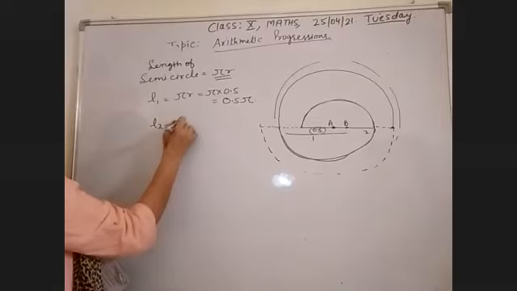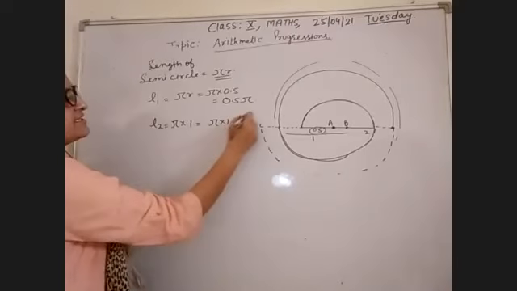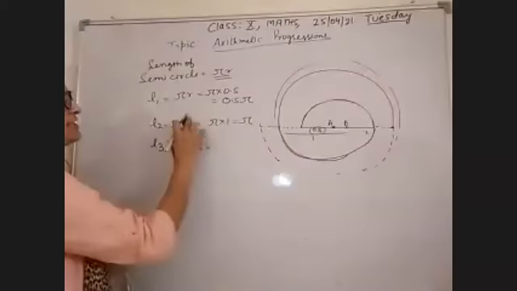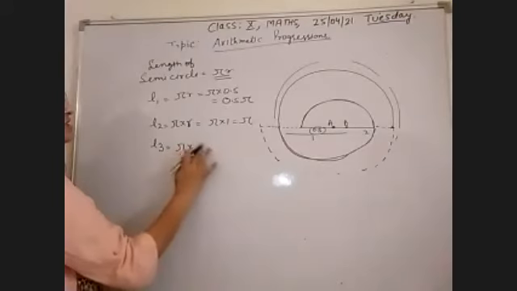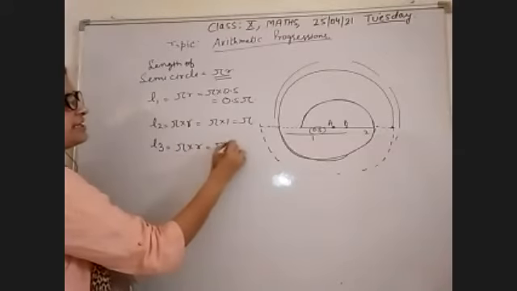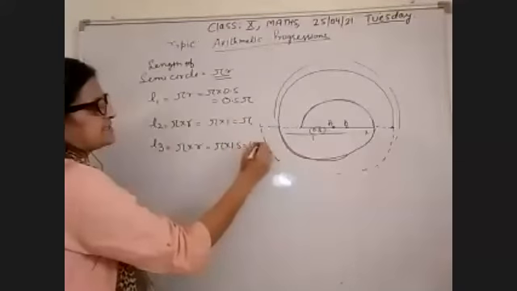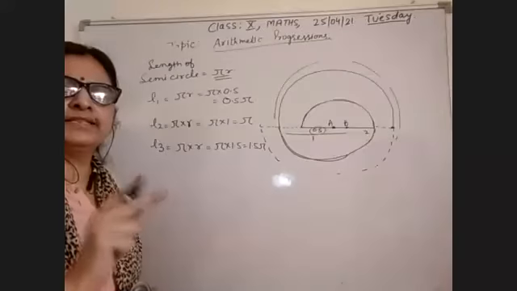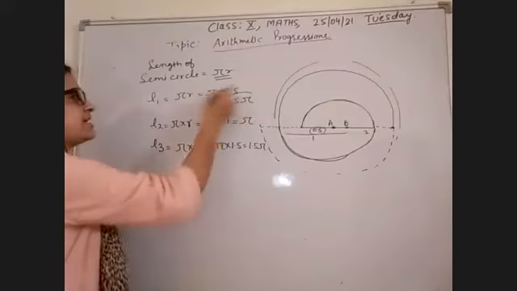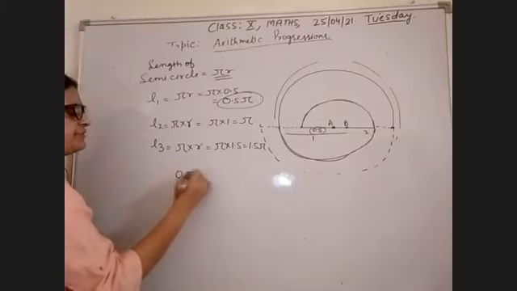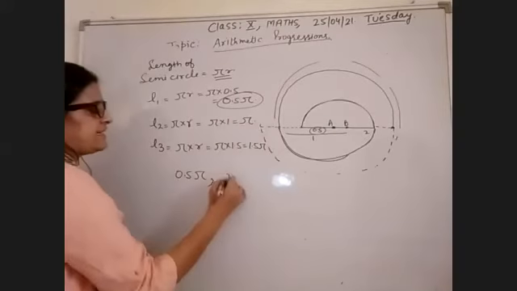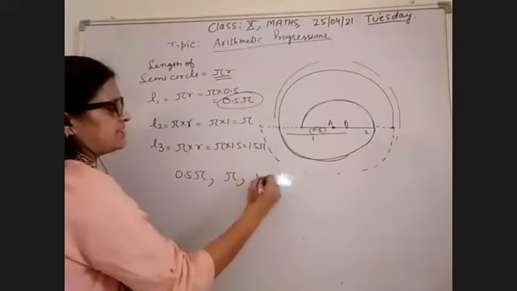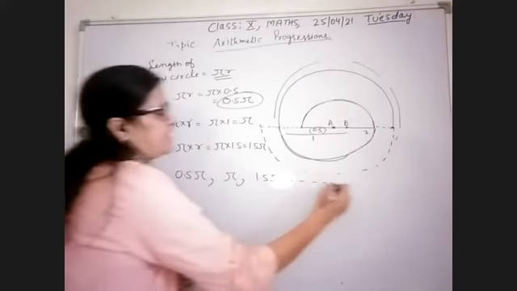So pi into 1, that is equal to pi. और अगर आप multiply it 1.5, pi into r होता है ना, और हमें थर्ड टाइम कितना दे रखा है, pi into 1.5, that is equal to 1.5 pi. It means ये जो क्वेश्चन है, this is forming an AP. First time the length is 0.5 pi, and the second time it is pi, and the third time it is 1.5 pi, and so on.